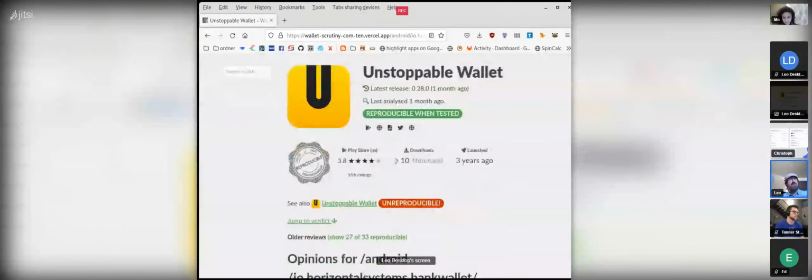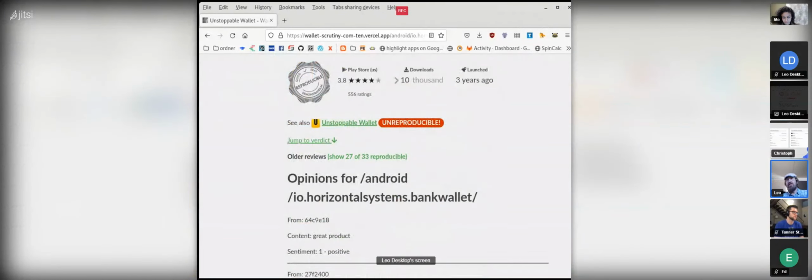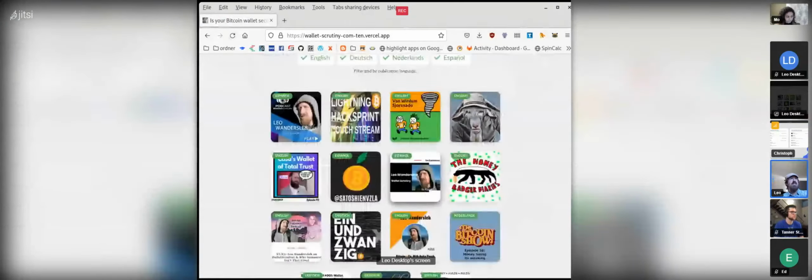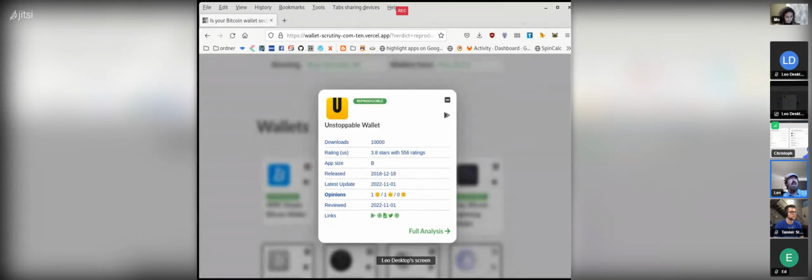I would love to have it as some pop out that you can summon wherever there's a wallet with these sentiments. So when I look at the main page again, there are these opinions. I would love to have that once you click on an opinion, that plugin would open and would show those positive and neutral opinions that are there. But currently that's not implemented.